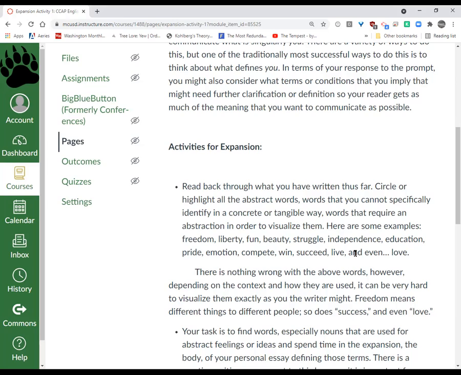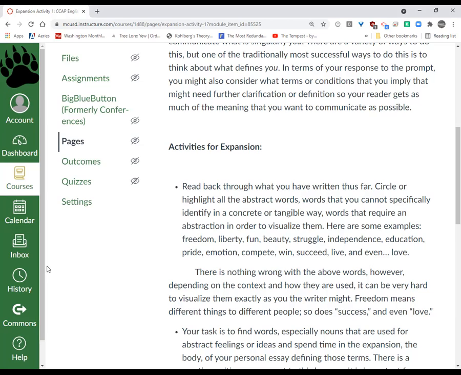Okay. But the thing is, when you're a writer, you want to communicate specific meaning based on your vision, your story, your voice, your experience. And so that's where it's really important to recognize where maybe you're making some abstractions that you need to specify with more concrete details so that your reader has an easier time visualizing what it is you're trying to say. And for a personal essay like this, it's visualizing who and what you are all about, is really where it's